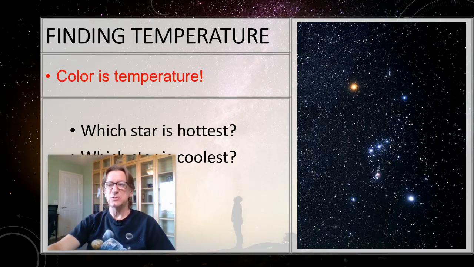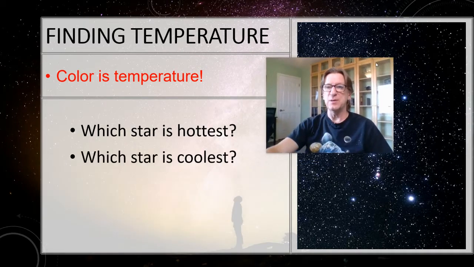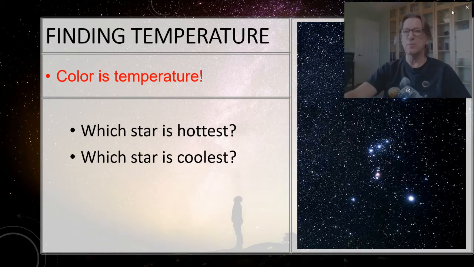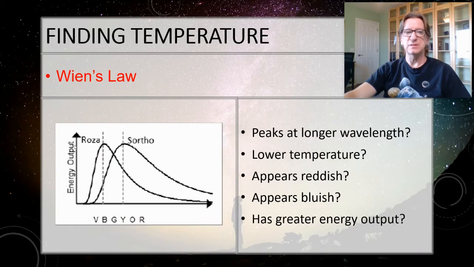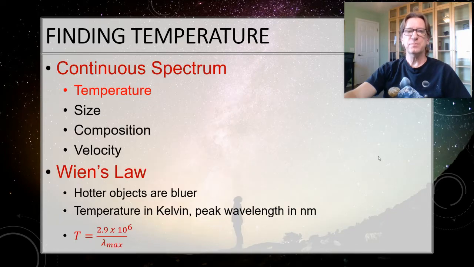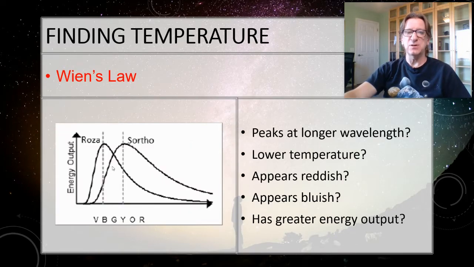And this also tells you, though, that they're the same energy output. So that's on a graph, that's going to look just like what we had before. So we'll move the camera back up here. It'll look like this. Same energy output, Rosa or Rigel is going to be bluer, Sortho or Betelgeuse is going to be redder. All right, so from the continuous spectrum, that's what this is called. It's called continuous because it's a rainbow, and this is a rainbow. Try to see this as a rainbow.